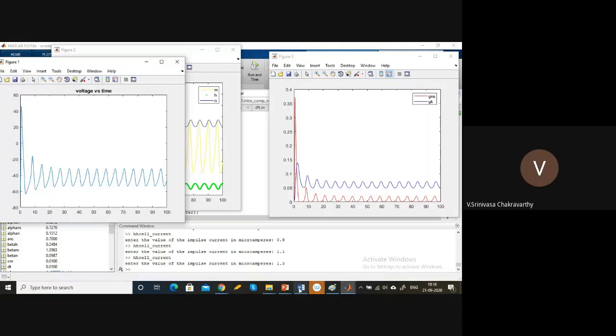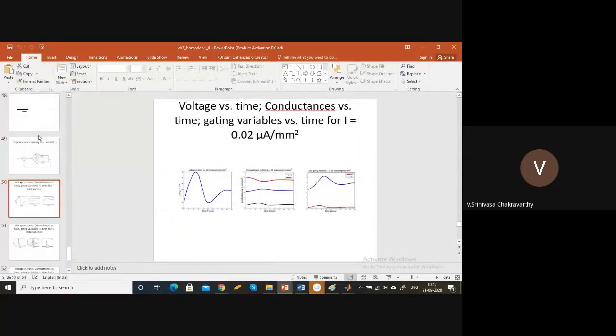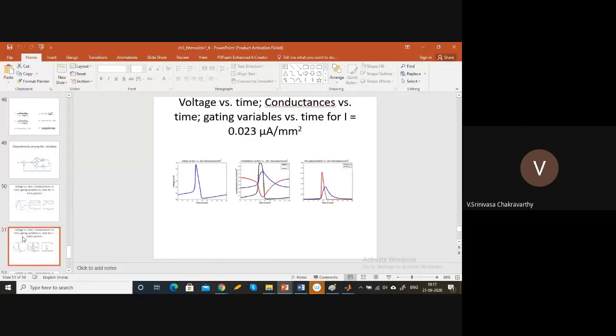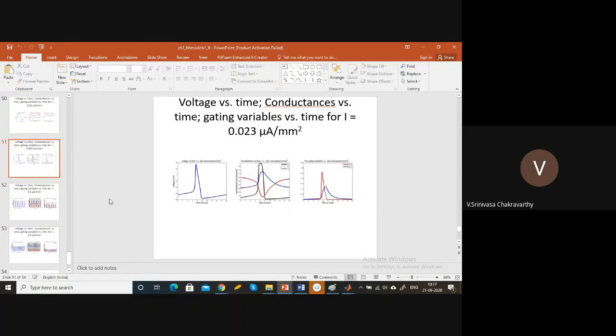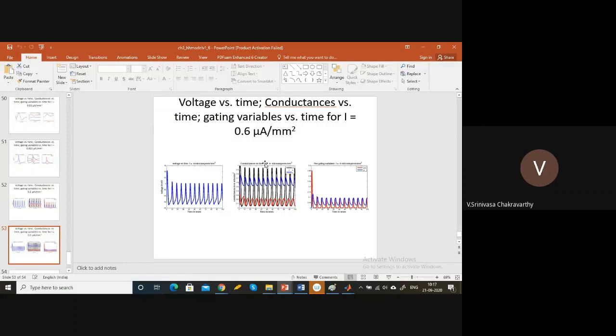So if you look at all the behaviors that we saw in the Hodgkin-Huxley model, that is what we summarized in the last class. For a small current, right, there is just a ripple and then everything comes back to normal. As increased current at around 0.023, right, they have a clear action potential, and the corresponding profiles of the conductances also can be seen. At 0.1, in fact, even at 0.062, you can see a train of action potentials, a continuously firing neuron. Then as you increase further at about 0.6, right, you see the peak amplitude goes below 0.